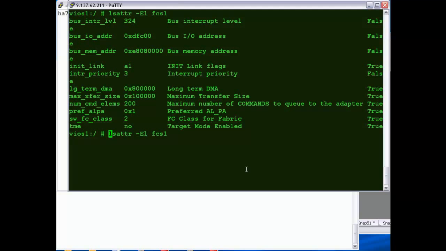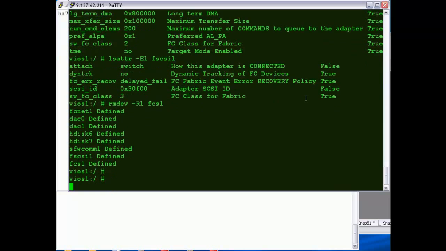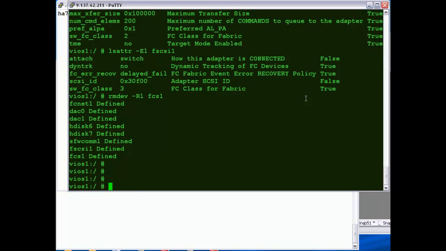And also if you read the CAA manuals, we have to change the fscsi device. We have to enable dynamic trunk to yes and error recovery to fast fail. So that is very simple to do. So if you've already got disks hanging off the adapters, we have to put them into defined state, which we can do recursively with the rmdev command, and then we simply